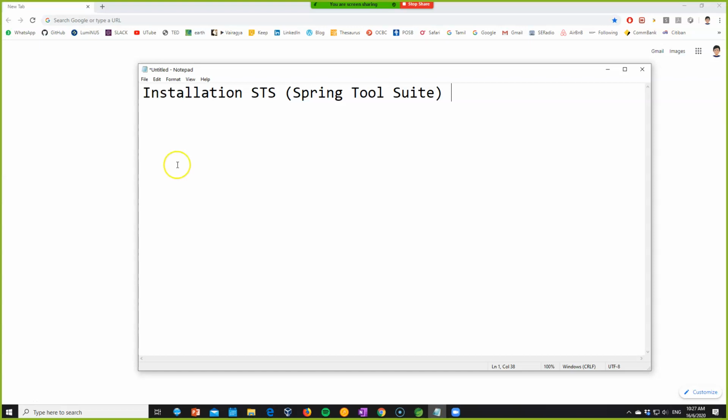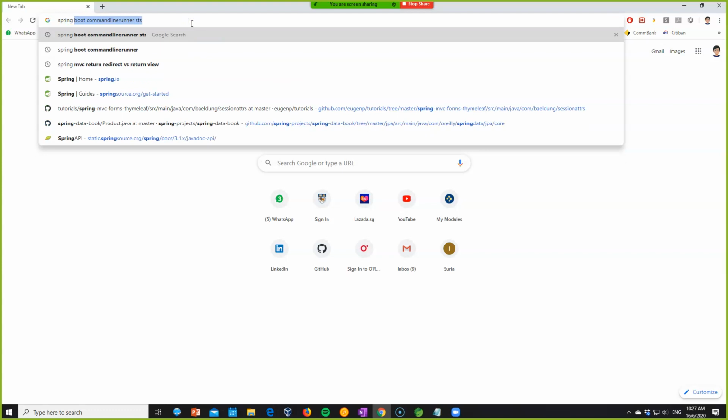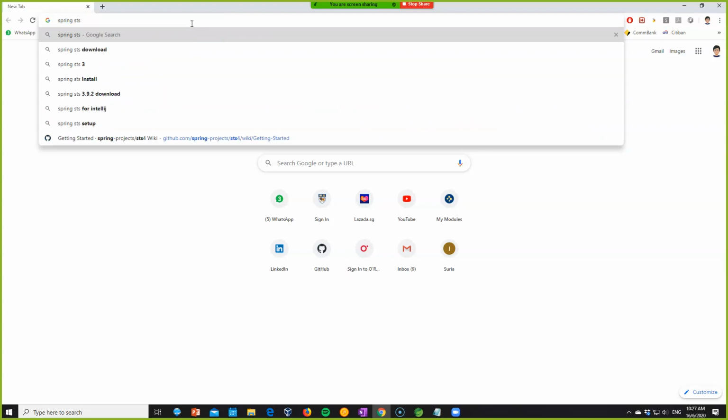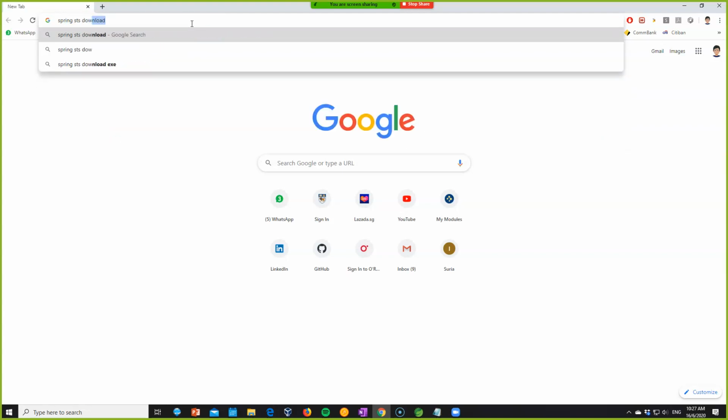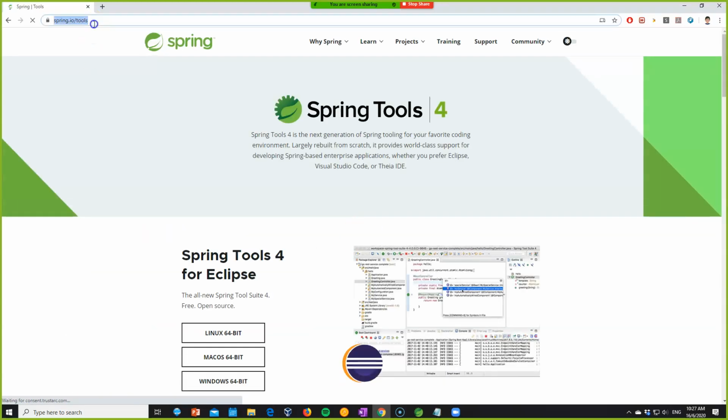So let's get started here. Okay? So the first thing that you need is to download a Self-Extracting Exe. So you're going to go into Spring STS download. So you can see that it automatically points you to Tools Spring. Okay, so this is the website. So I'm going to point you to the website in the chat so that you can take a look at it if you are